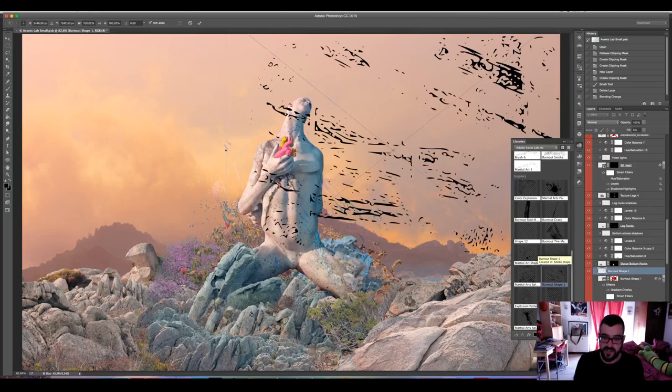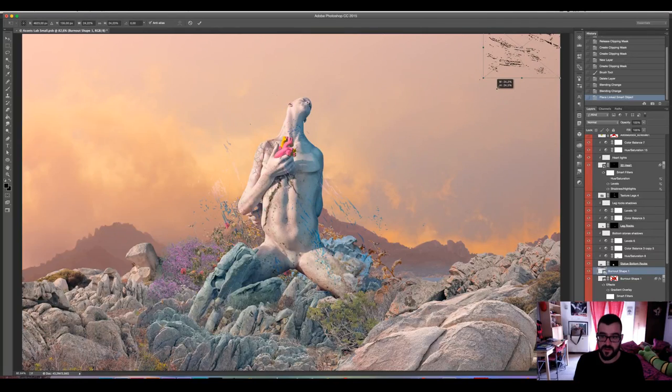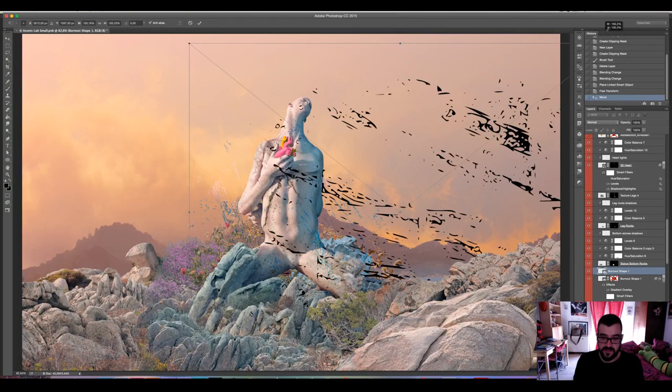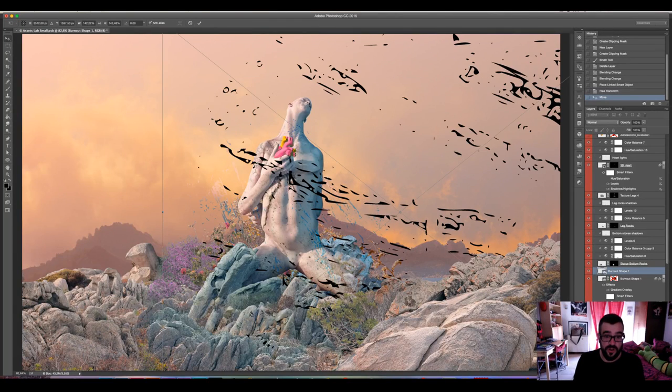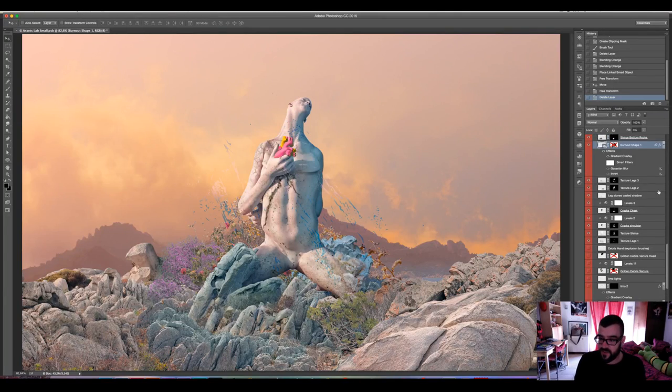I drag it here in the canvas, and since those are smart objects, if we resize them, but then we make them bigger again, they won't lose any quality and all the borders will be razor sharp again.